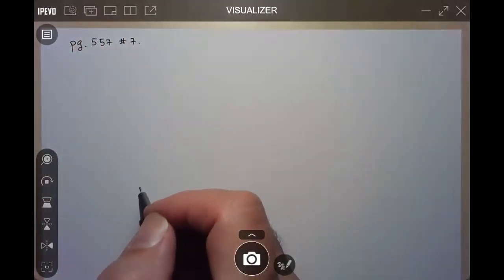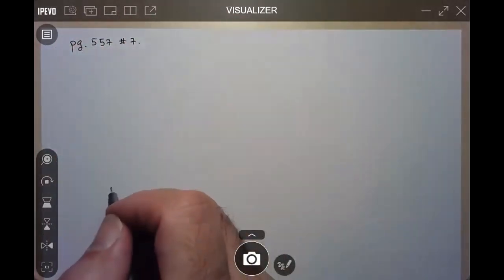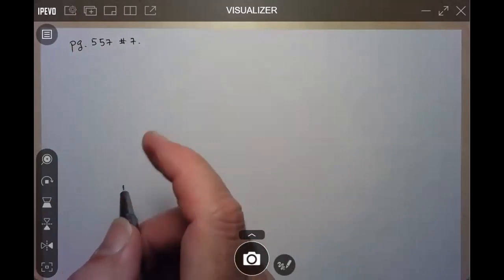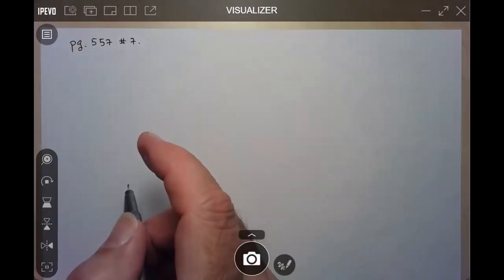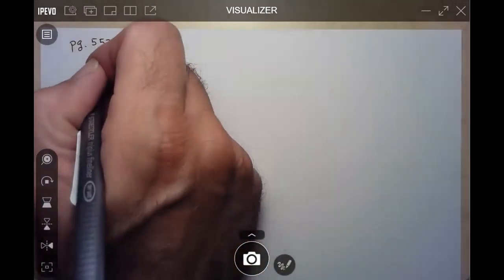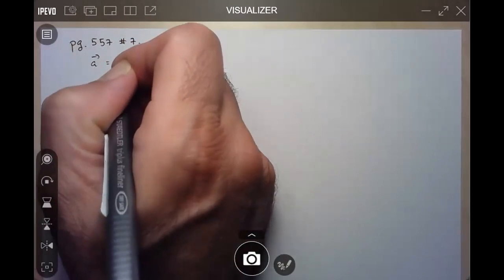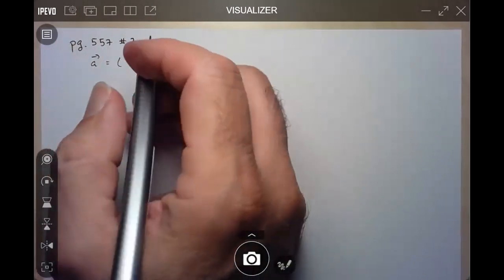Okay, so this says determine the coordinates of the unit vector. Right off the bat, I'm thinking magnitude of 1 that is perpendicular to these two vectors. So I'll write those down. We have A, which is 1, -1, 1,